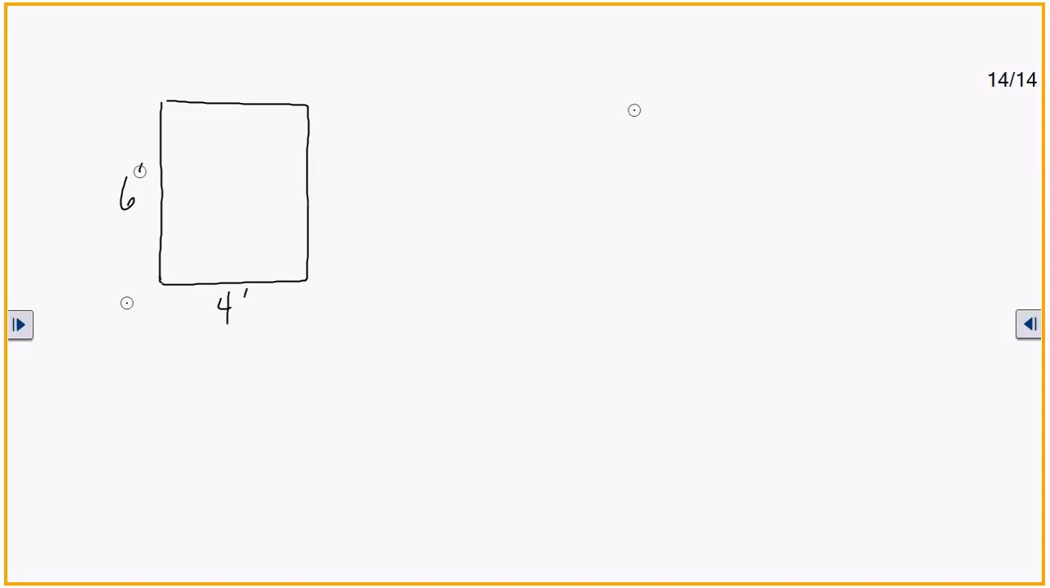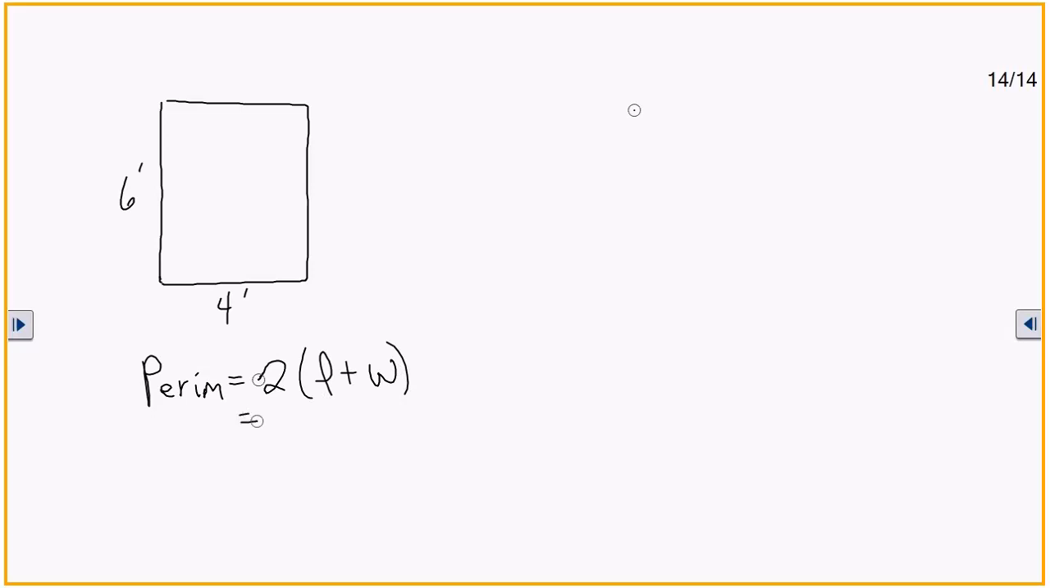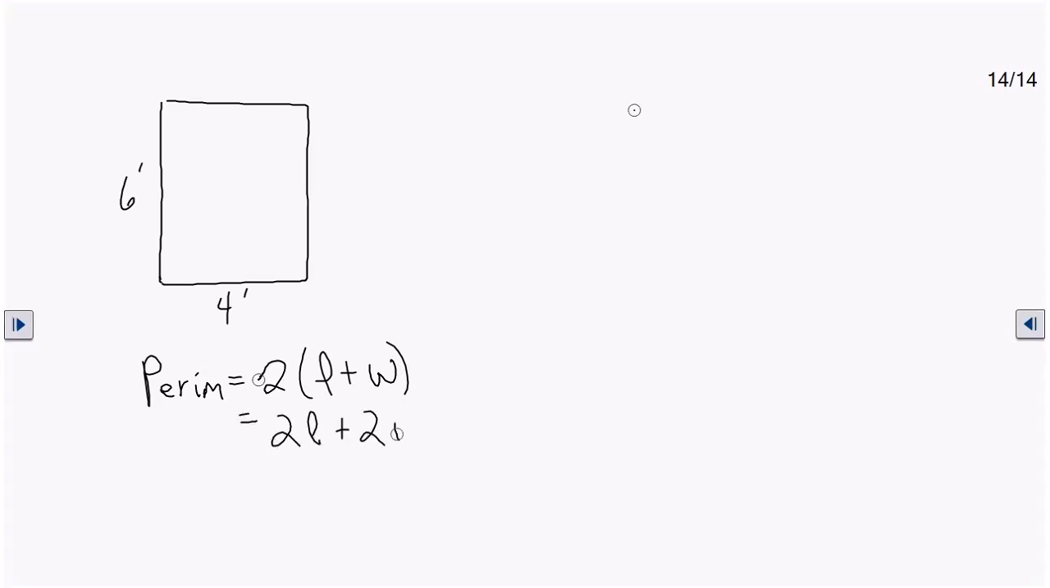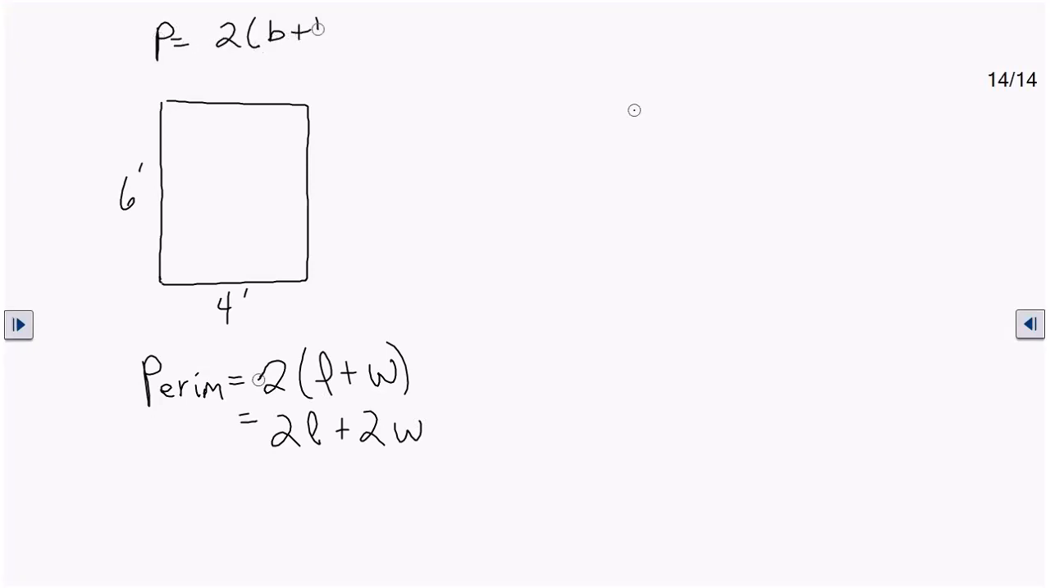Well, the perimeter for a quadrilateral is equal to 2 times L plus W, or 2L plus 2W. Now, let me also say that you can also see base times height. Base times height, length times width, that's the same thing. So I don't want anybody thinking that length and width is different from base and height. The perimeter can also be written as 2 times base plus the height, or